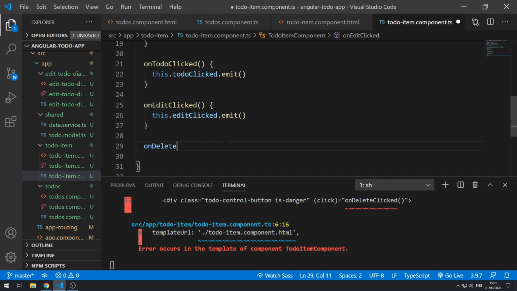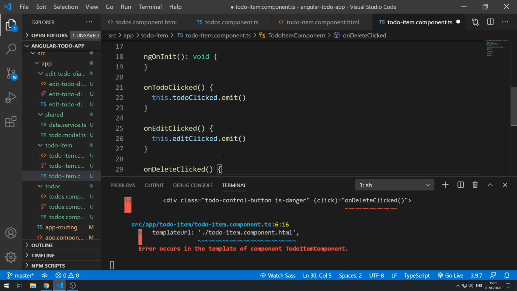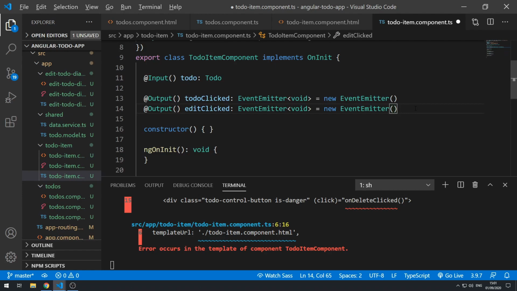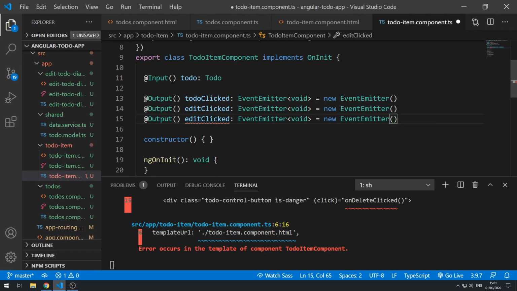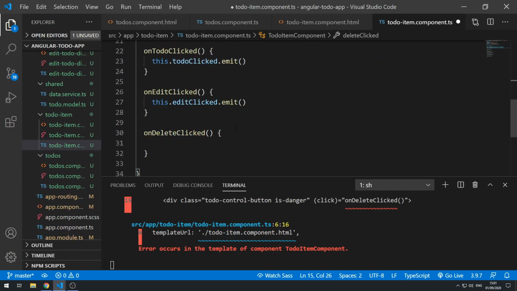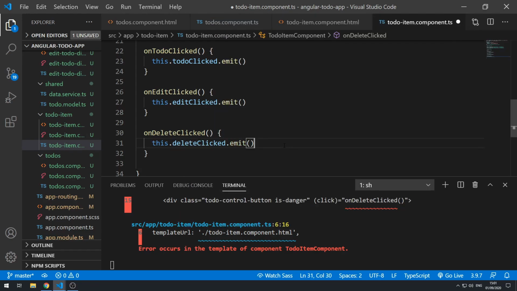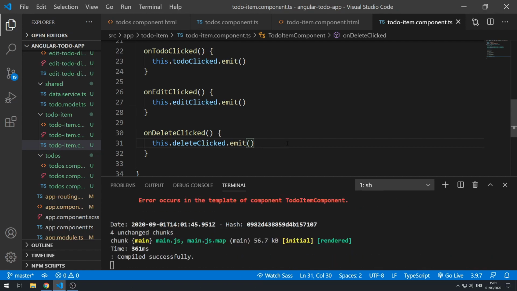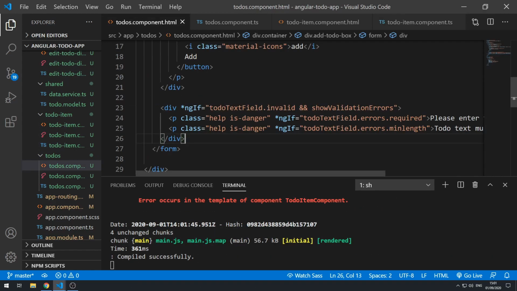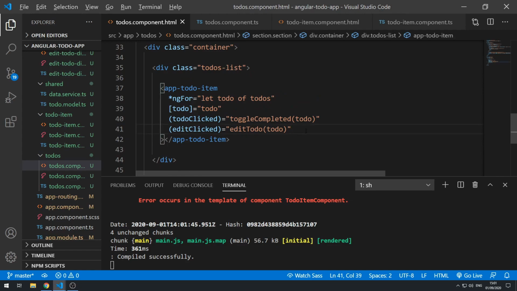method called onDeleteClicked. And here we actually want to create a new event emitter. So let's duplicate that and change this to deleteClicked. Okay, and then let's go down here and do this.deleteClicked.emit like that. Okay, let's save that now and go to the to-dos component template and go down here and let's listen to the deleteClicked event and then here we can do deleteTodo and pass in the todo, and let's save this